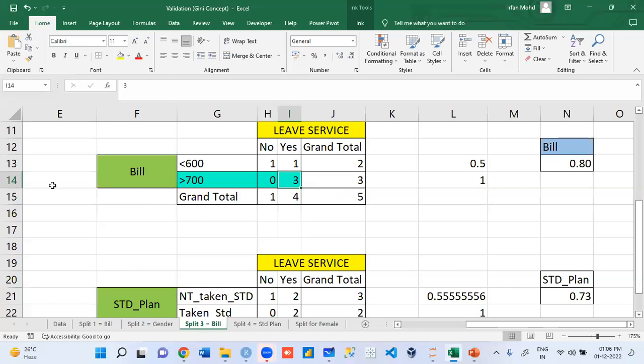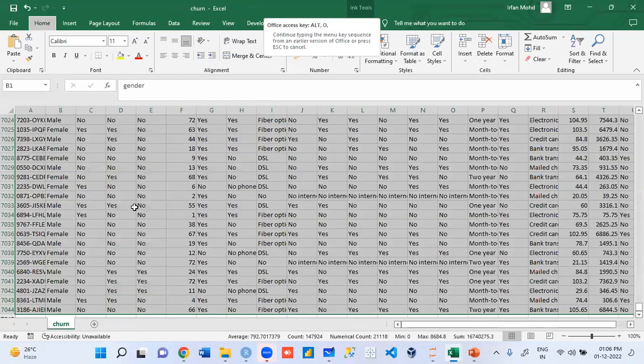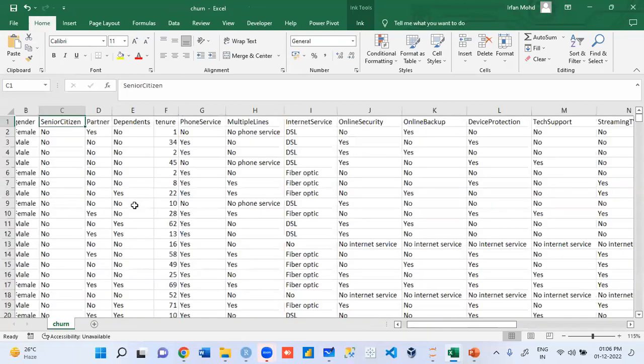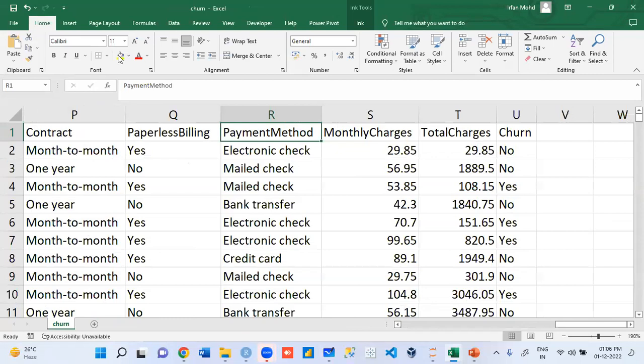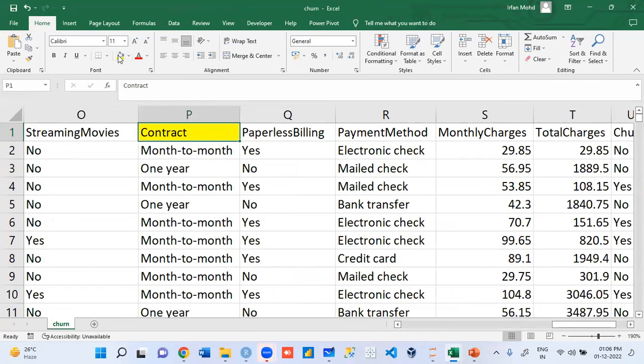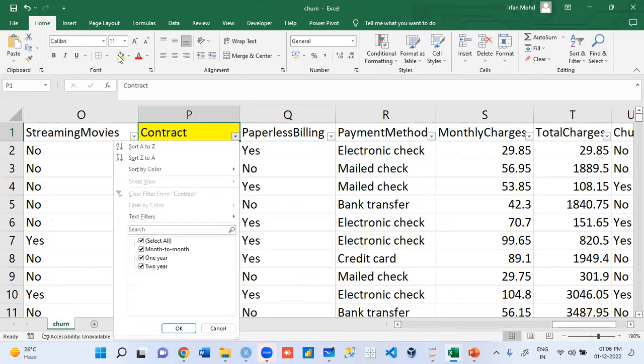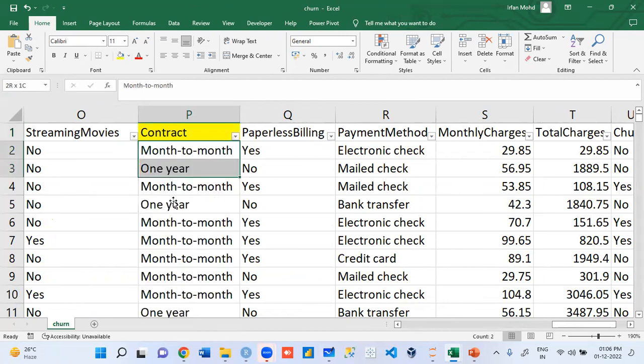Nobody till now has overcome it. Everyone is using the same way. Do we have contract? Number or category? Category. How many levels we have? Month to month, 1 year, 2 years.